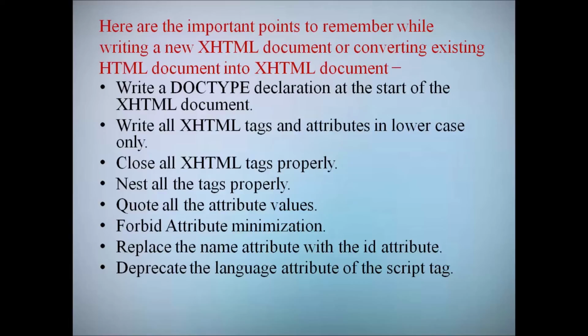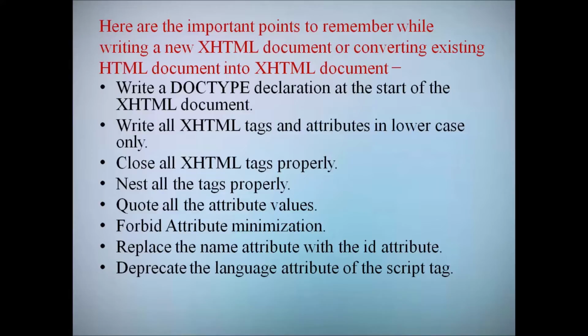So here are the important points to remember while writing a new HTML document or converting an existing HTML document into an XHTML document. Write a doc type declaration at the start of the XHTML document. Write all XHTML tags and attributes in lowercase only.